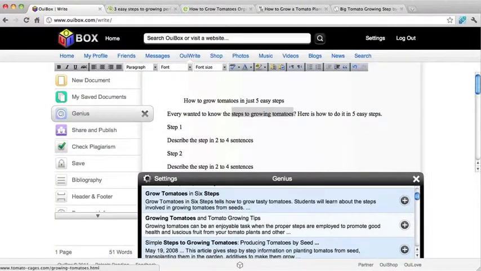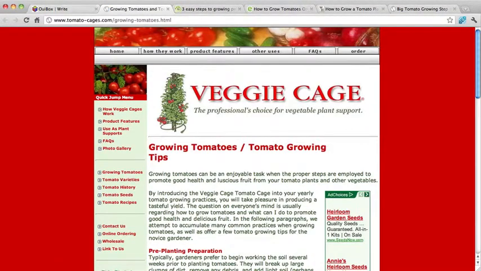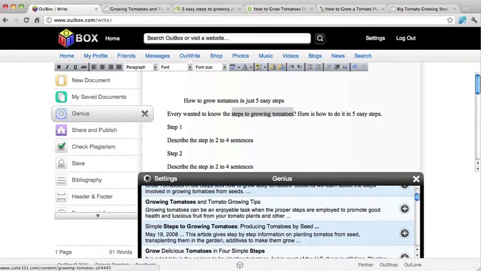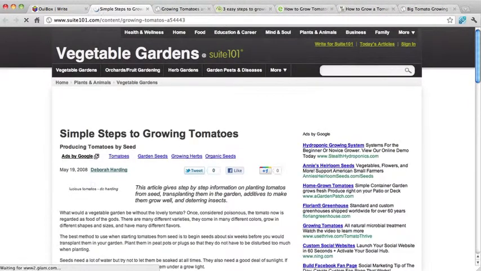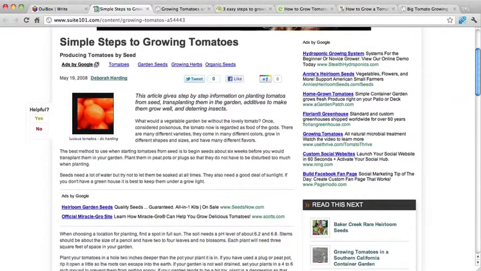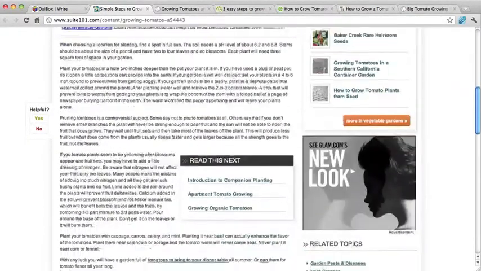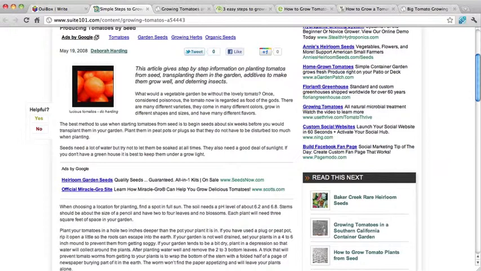Growing tomatoes and tomato growing tips, and simple steps to growing tomatoes. So we'll look at these different articles and see what we can gather from them. The thing that we're looking for is the actual steps to perform this. So I'm going to read through here and see if I can find basic steps and see what we can